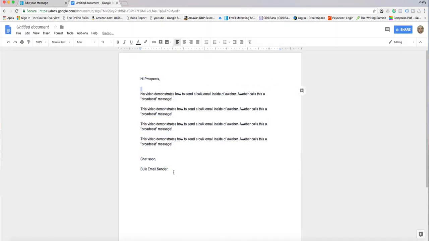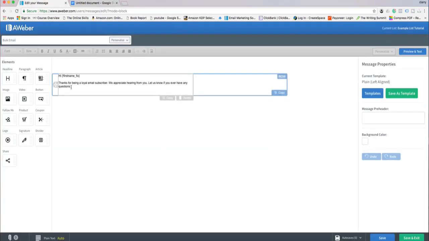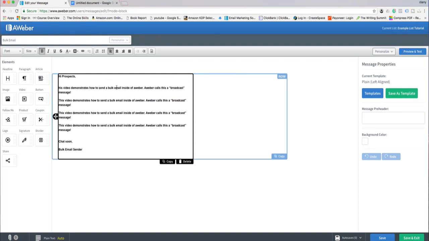So I'll just grab this pre-written email. So this is where you'd write your email in here. So I believe right here. That's pretty much the email written. Okay, and I always